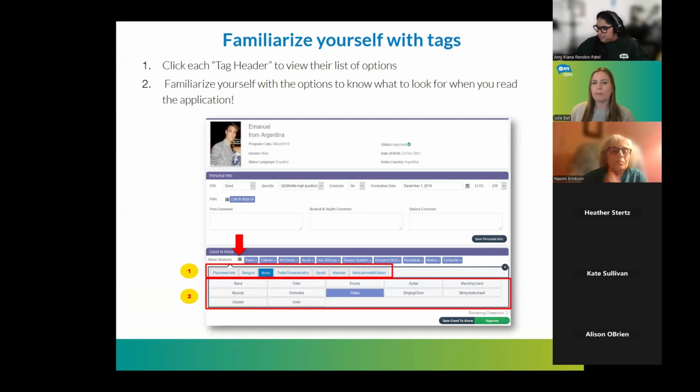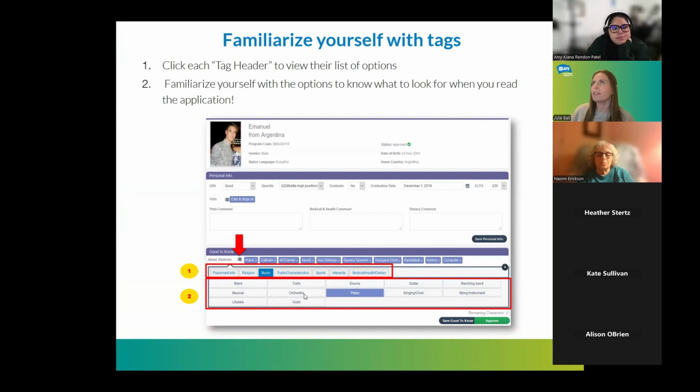So familiarize yourself with tags. I know we mentioned this, but again, tags are what you see when you navigate to the page where you're going to actually write the bio. It's under this good to know section, this about student section. It could be anything from the student is in band to the student has an interest in sports and swimming.